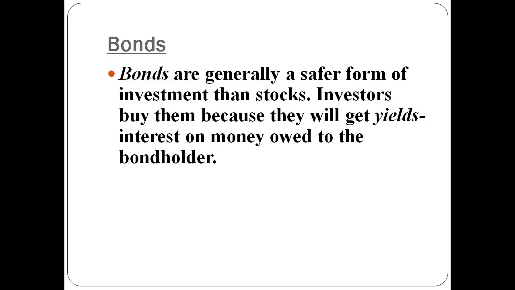All right, so let's take a look at bonds. So we've talked about stocks, where you're buying a share of ownership in the company. Now we're going to talk about bonds. And bonds are when you are buying the debt of a company or a government. So when governments and companies spend more than they earn, they usually need to issue debt in order to pay their bills. And you can buy that debt for a return, and when you do that, you buy a bond. So bonds are generally a safer form of investment than stocks, because if a company goes bankrupt, the bondholders will get paid off